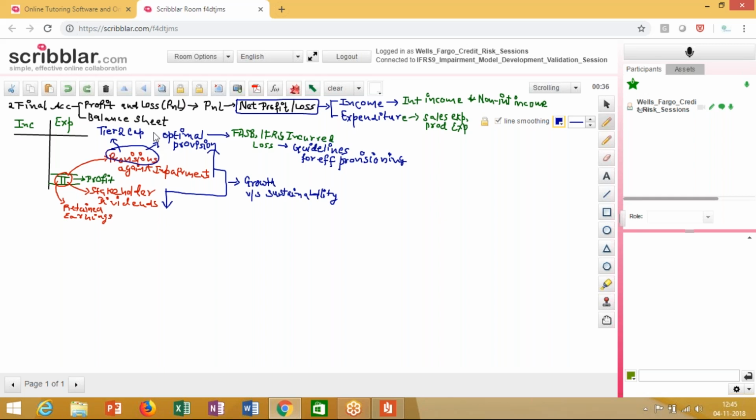And hence, this is not something which is looked upon positively. Also, it leads to huge scale unemployment if it's a very systematically important large bank. Like when Lehman Brothers crashed, right? It led to an increase in unemployment all across the world, because Lehman Brothers was a globally systematically important